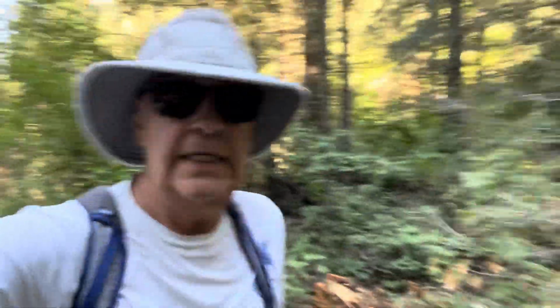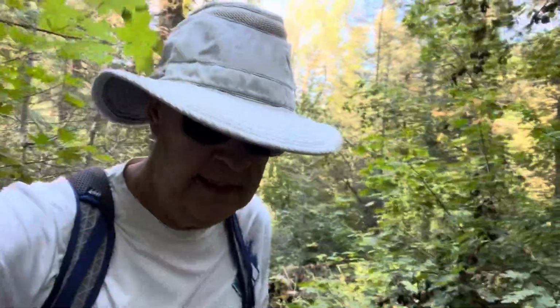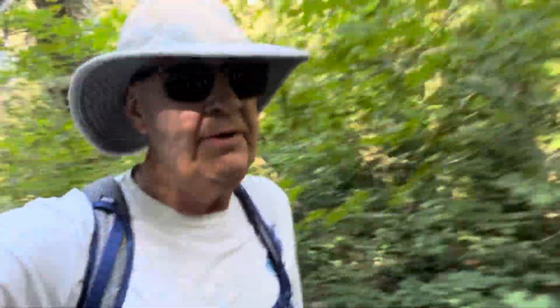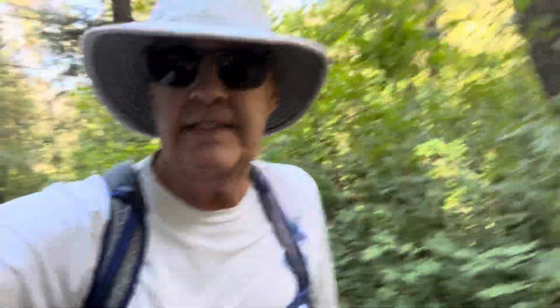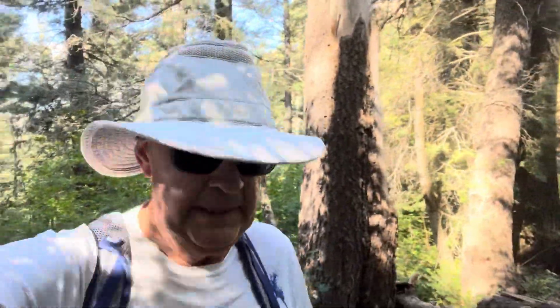Well, it's a nice morning for a hike. Beautiful down in here. Well, I just checked the compass app. According to that, I'm only at 6,600 feet elevation, but I'll tell you what, in the shade it's a little bit chilly up here. I didn't bring a jacket or a vest just because it's such a short hike, but I don't know what the temperature is here, but it sure isn't hot, that's for sure. I mean, I'm sweating because I'm doing a lot of climbing, but yeah,